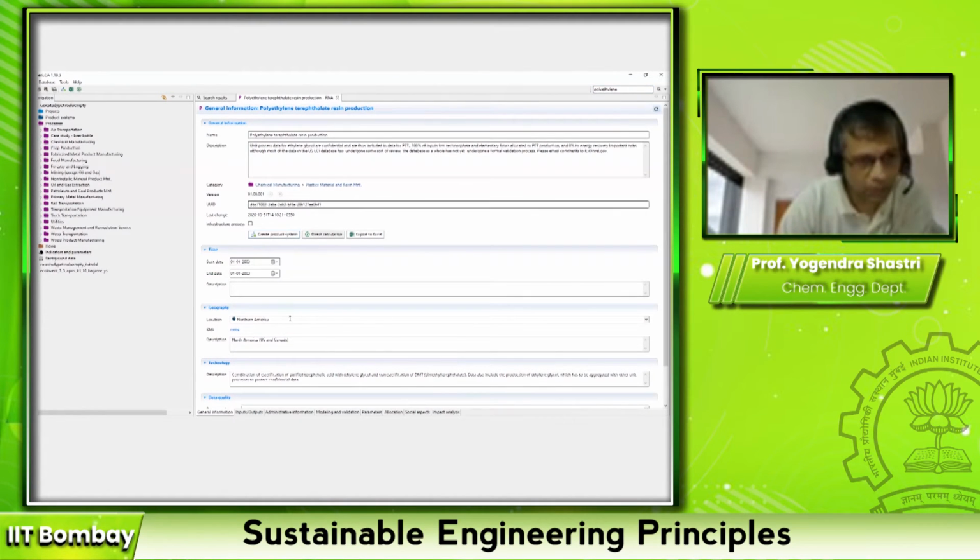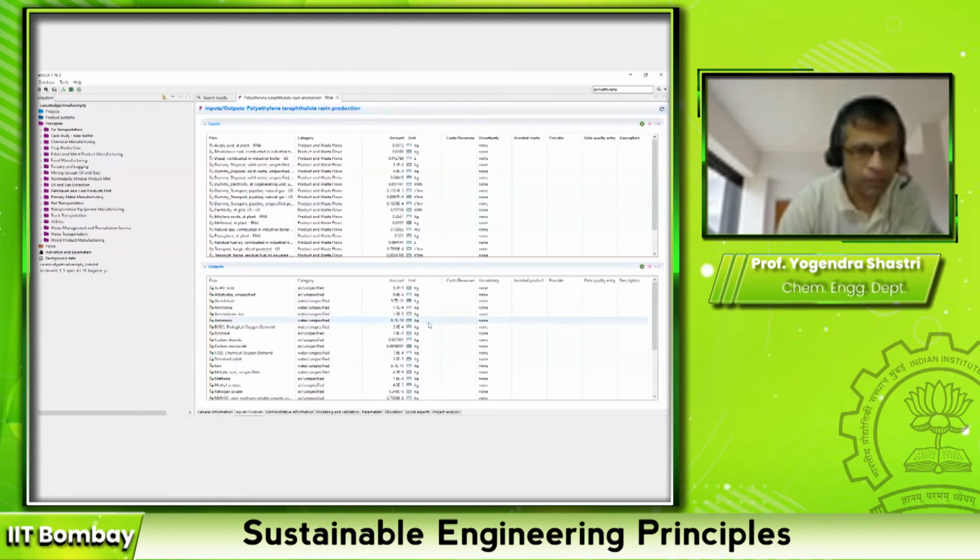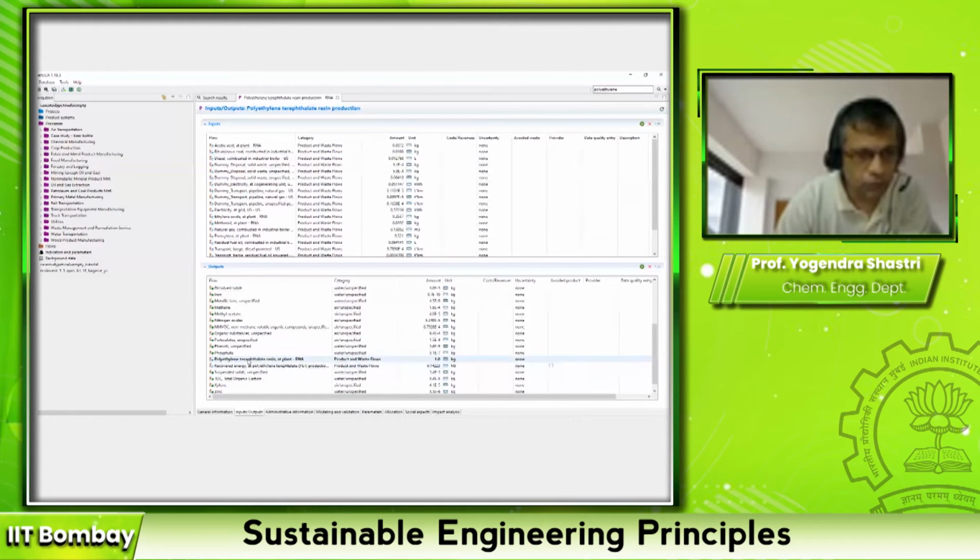And because it's already part of the database, the product flow coming out of this process is also part of the database. Okay, because if you go to this input output table, the product is polyethylene terephthalate resin. Okay, so this flow is already defined, so I don't need to again define it.